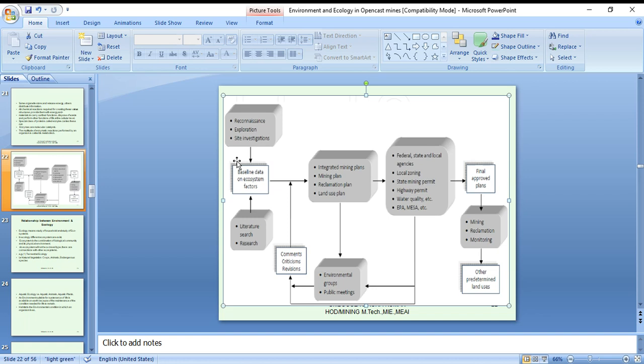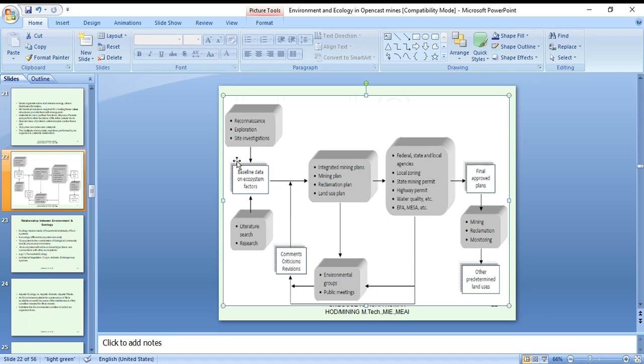See, this is the actual entire process whenever there is any project or industry location. First, if I identify a site for mine opening, a clearance is required from the environmental point of view, for which the environmental impact assessment authority prepares the baseline data from the mine site.